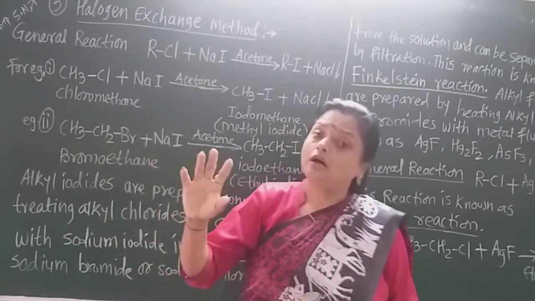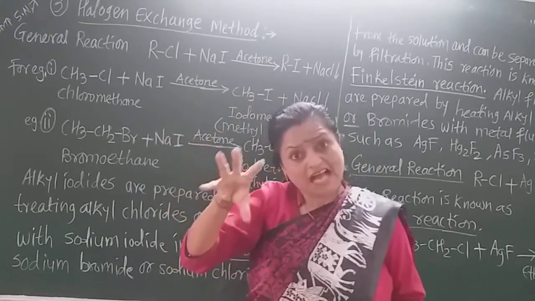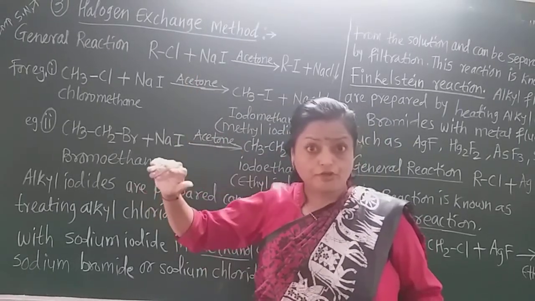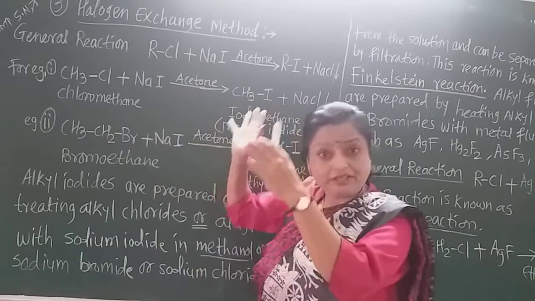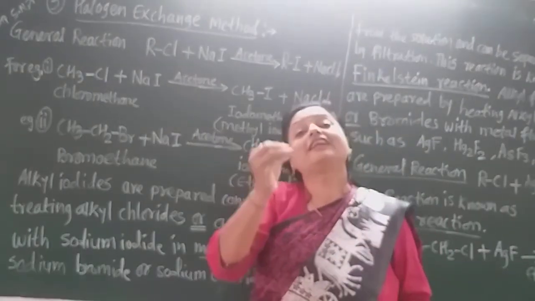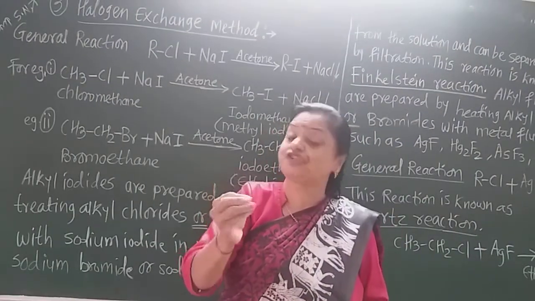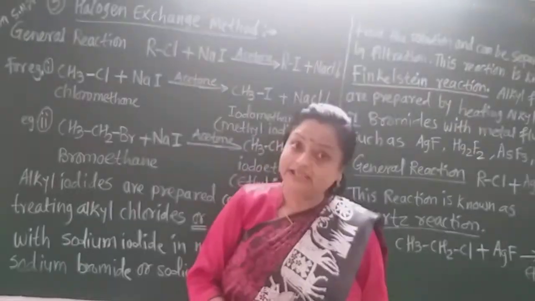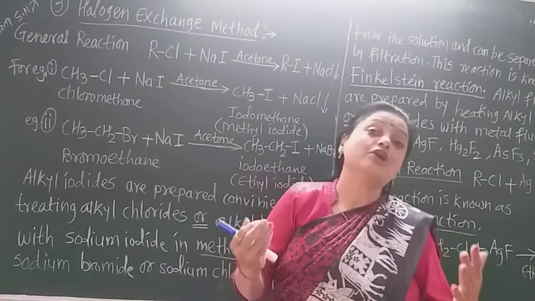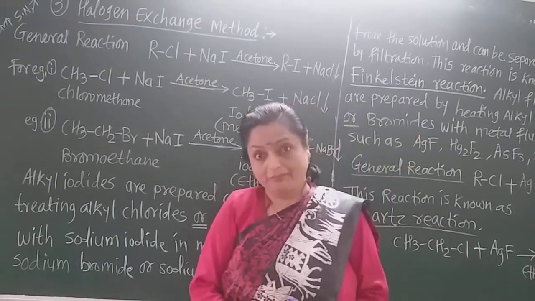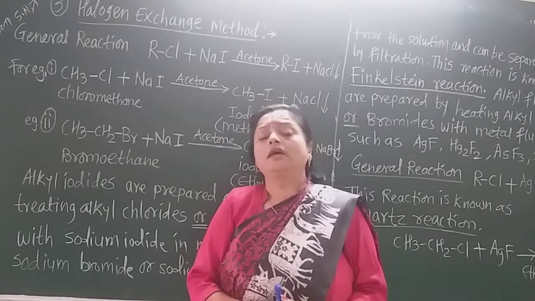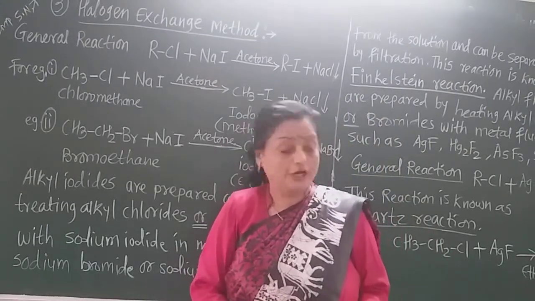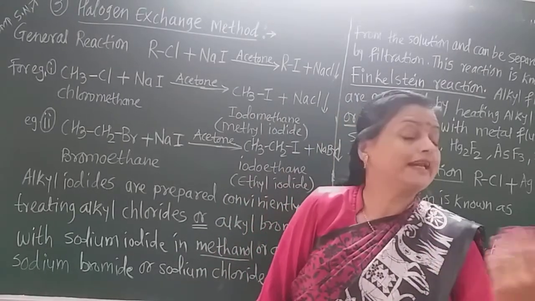That means 4 mark questions are asked on this chapter and another chapter also. So if you prepare this chapter very well, then you can write the total 12 mark question on this chapter. Remember that. So this is the weightage of halogen derivatives, which is a very important and vast chapter of organic chemistry. Now today we learn about the third method of preparation of halogen derivatives, because two methods we already completed,